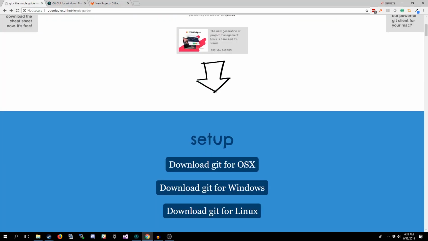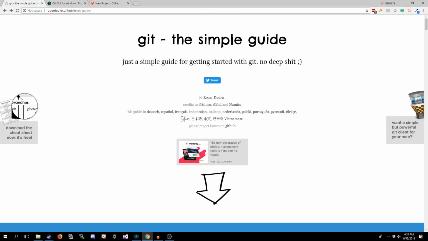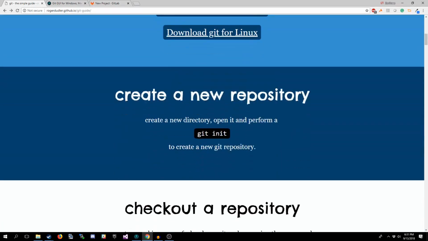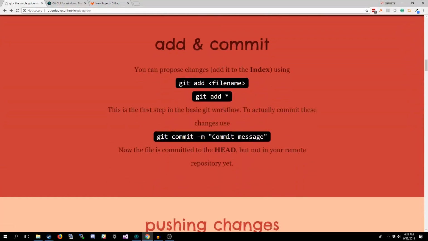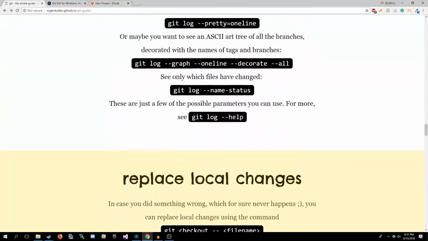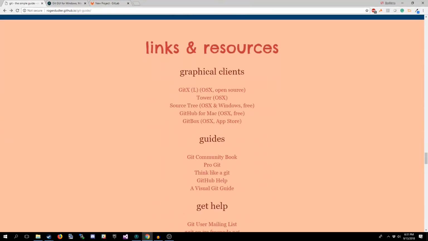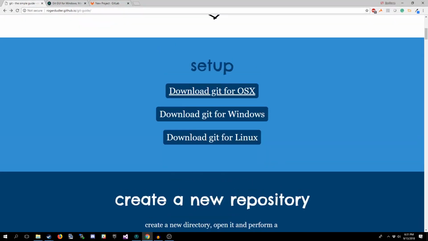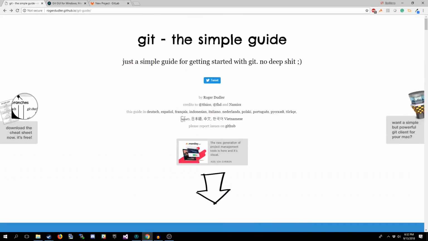Now, for that, I have a cheat sheet for learning Git in its raw command line form. You can find it at rogerdudler.github.io/git-guide, and I'll put this link down in the description as well. It breaks down the commands into what they do and how to use Git, as a simple primer. It's a pretty good cheat sheet to have available, with some links for installations of Git in its different formats. But we're going to talk about GitKraken for most of this episode.